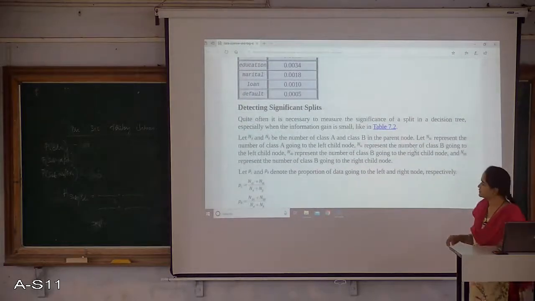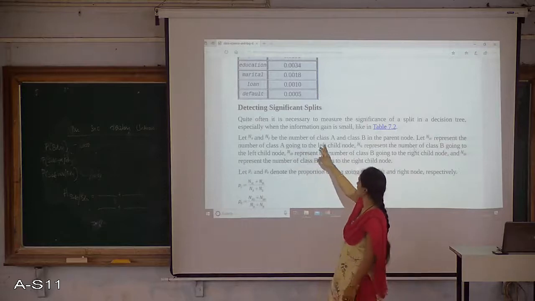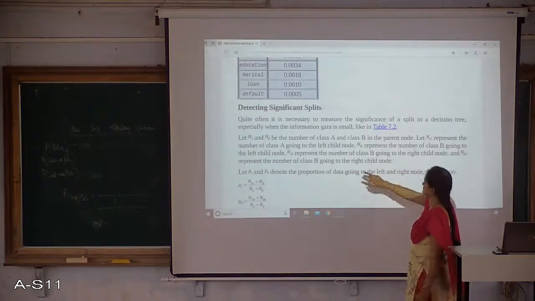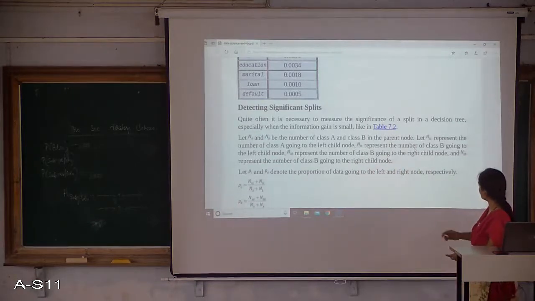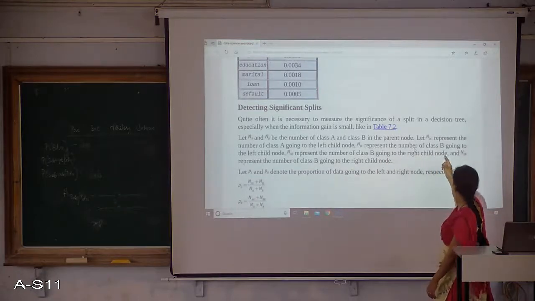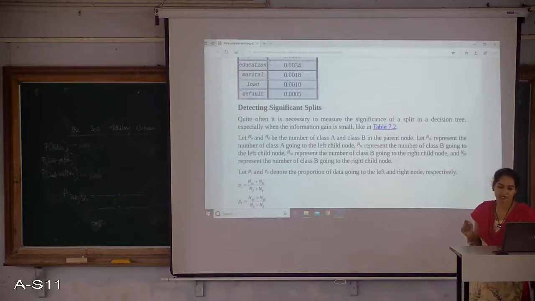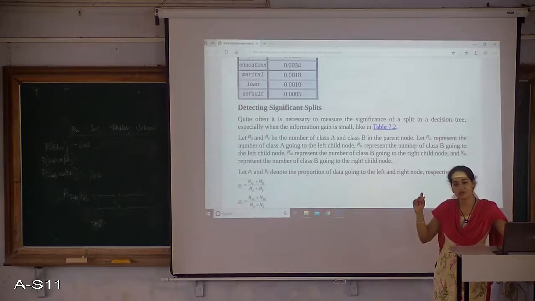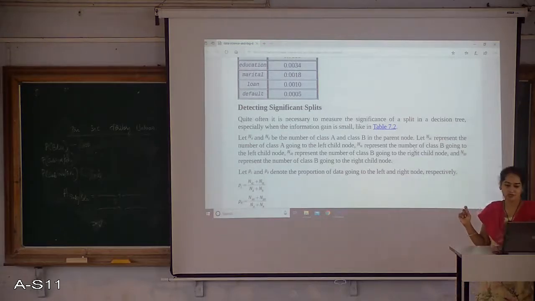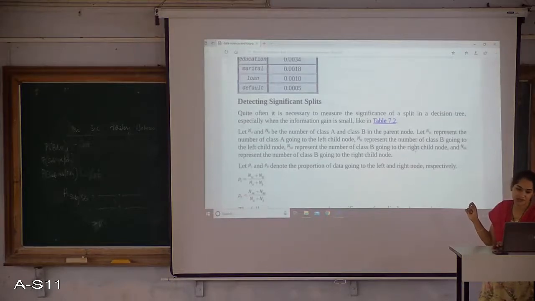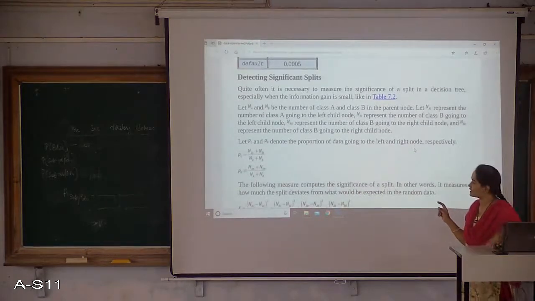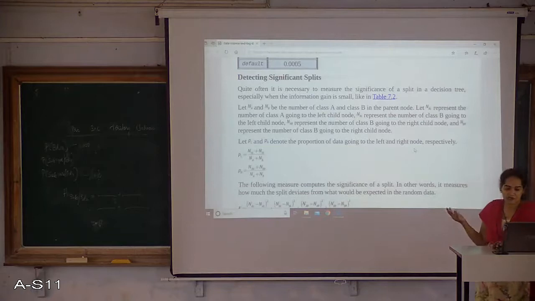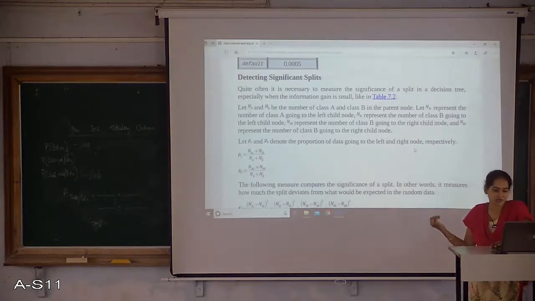Fine. So the same thing: the number of class A and B towards the left side, and class A and class B going to the right side. Similarly, for the right side, I represent them as NAR and NBR. NAR is towards the right side belonging to class A, and NBR towards the right side belonging to class B. So those are the numbers of entries we are trying to find. Based on these, we are going to calculate the probability of the portion, the whole content, or the number of entries towards the left side and the number of entries towards the right side.